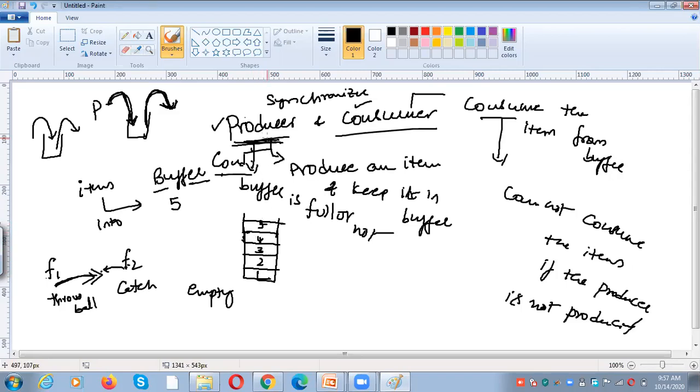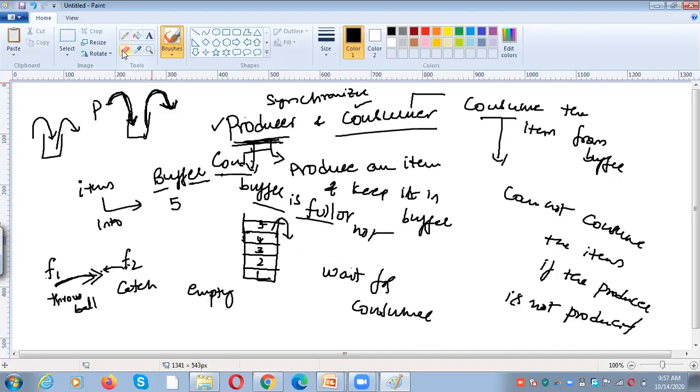Even if the producer is trying to produce something, we cannot keep the sixth item into the buffer. Why? Because the buffer is full. At that time what does the producer have to do? The producer has to wait for the consumer. Then the consumer will consume an item from the buffer.